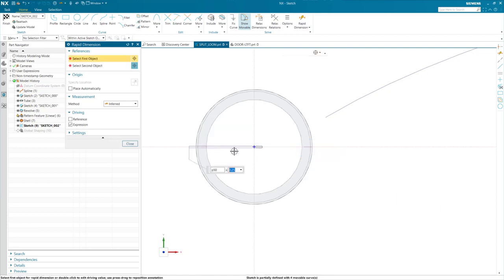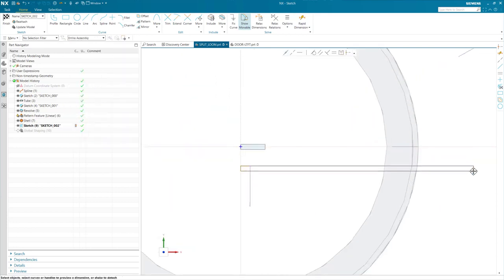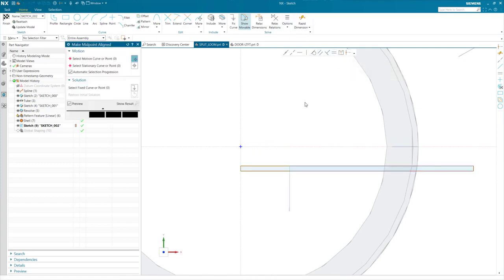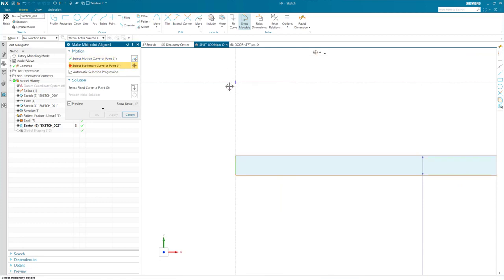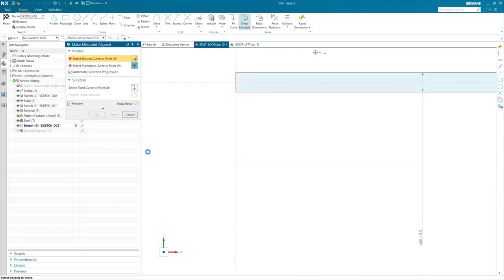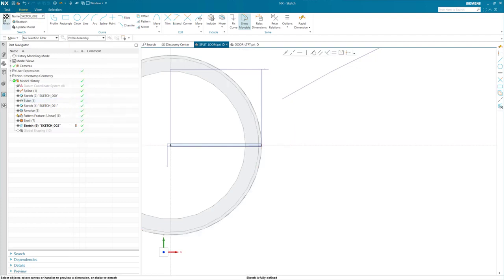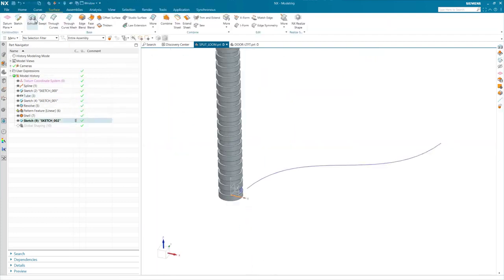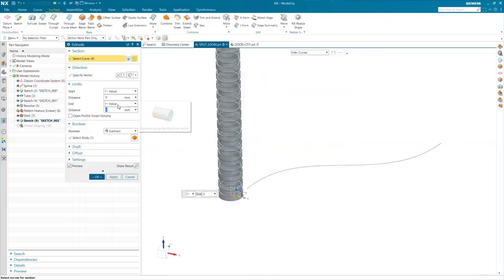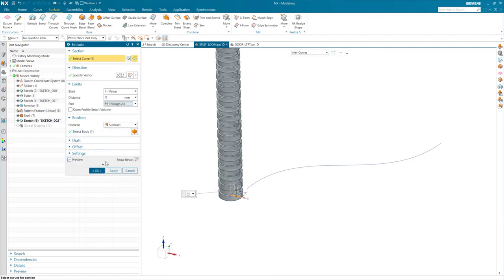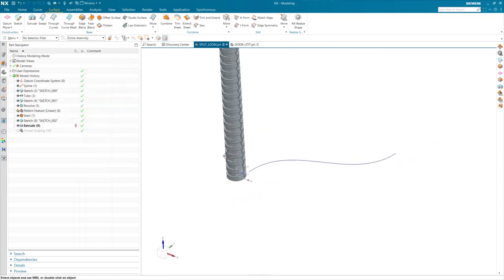Just going to add a rectangle in here and set my split loom gap to 0.25. Put a midpoint constraint in here. And I'm going to set the distance of this to the loom OD, just to make sure if I ever grow my OD that the sketch goes with it as well. Now I can extrude this and select through all for the distance.